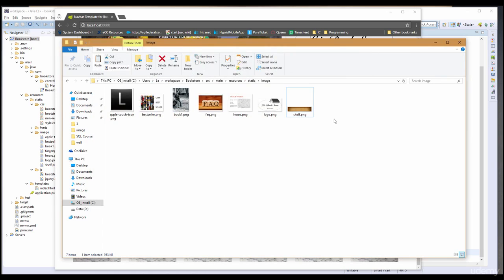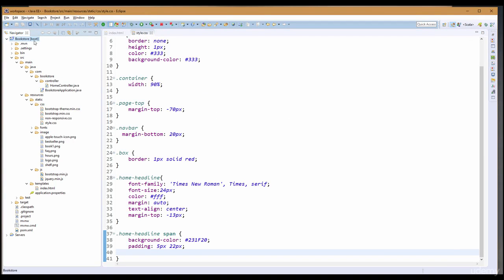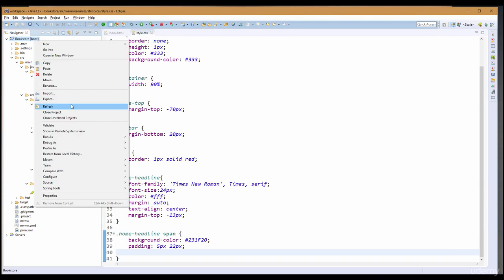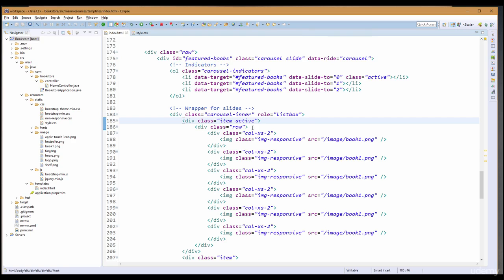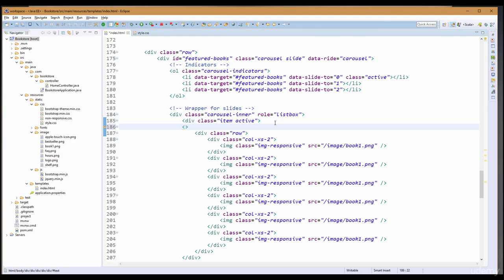Okay, so you can find this in the source code. So once I have this image copied, we're gonna refresh the project folder, and then we're gonna modify this code to include the image. So this one will be image shelf.png, and will be the image responsive,